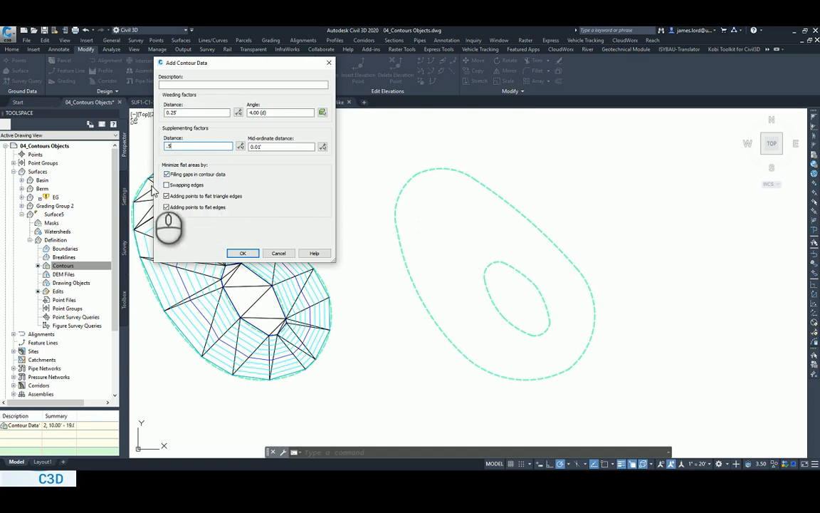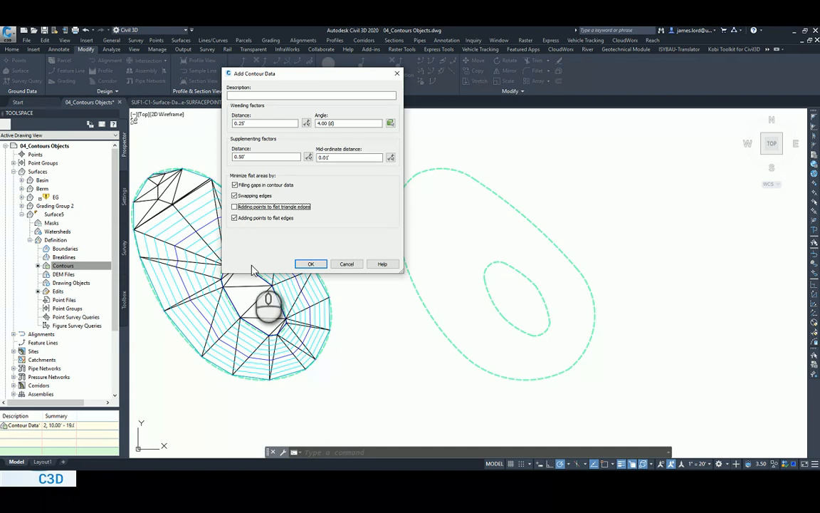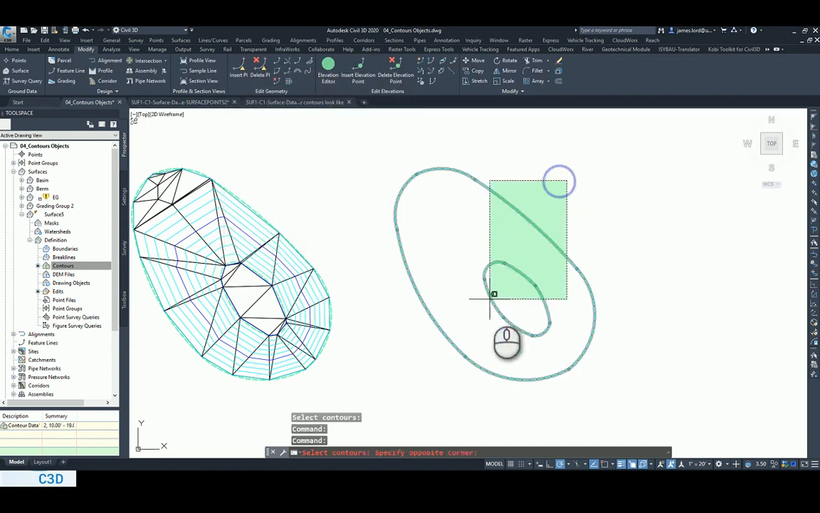Fill contour gaps, yes. Swapping an edge, yes. If you don't know what that is, you should take one of our surface classes. I definitely explain how to do swapping edges. It's something you need to know how to do. And then I'm going to turn on this adding point to flat triangled edges, so that way it's not going to add those little extra points there. So if I hit OK, and then select these two guys,